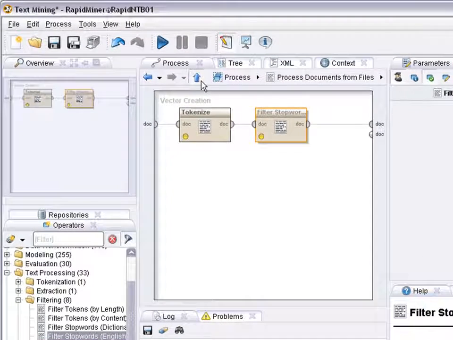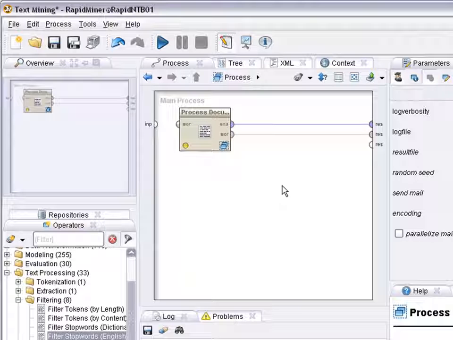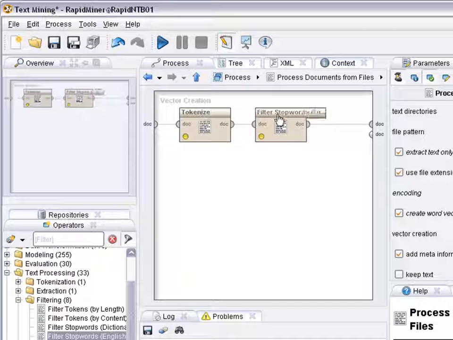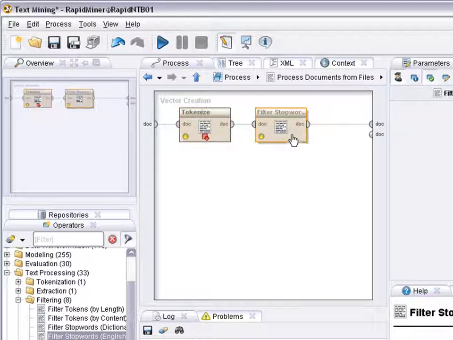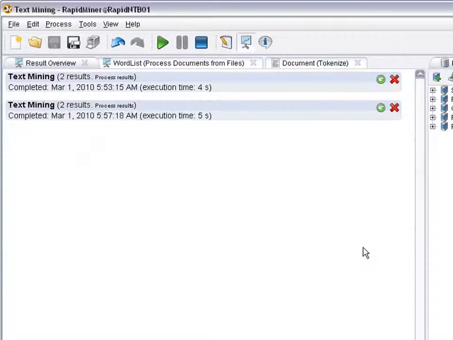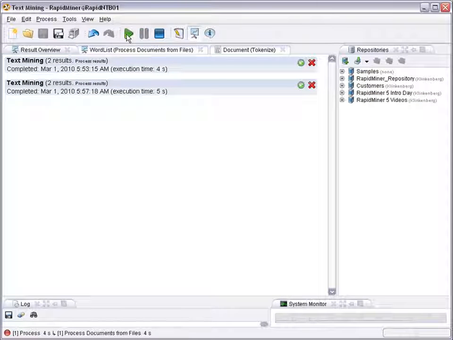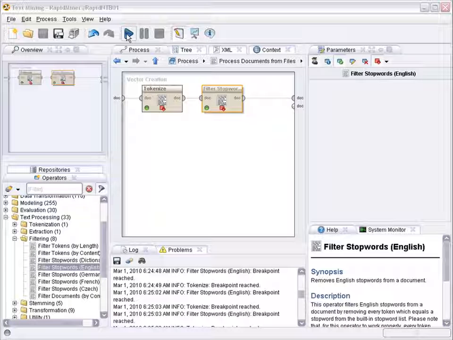So now, if I go up again, this is the first text mining process. We could also go back in, place a breakpoint after each step. So I right click with the mouse, select breakpoint after, so I can watch the process work with each document. If I press run now,